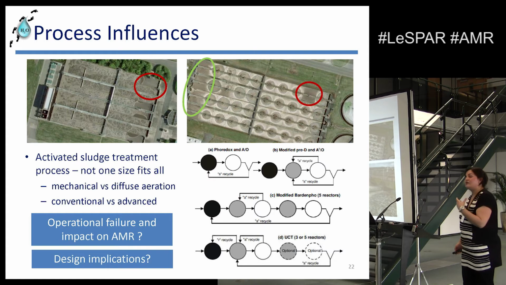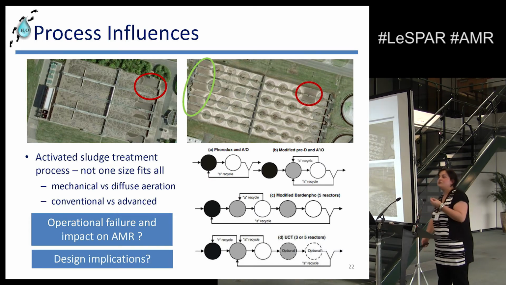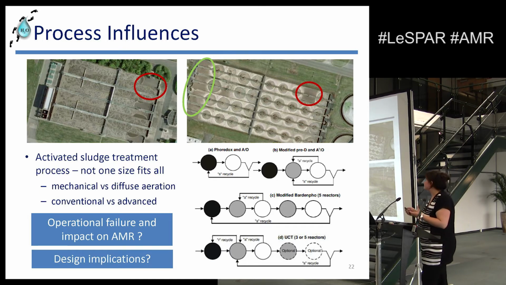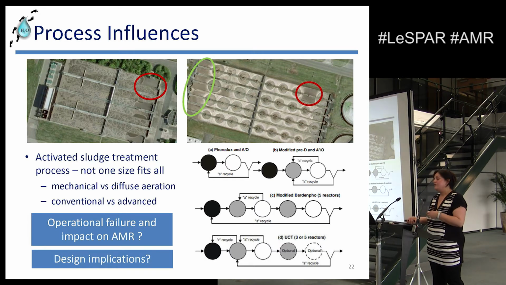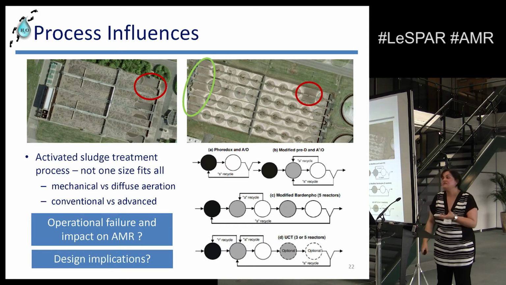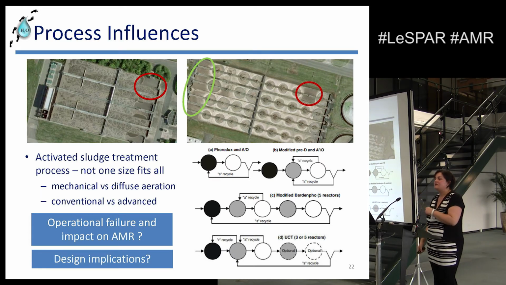We're now going into a lot more advanced treatment technologies for activated sludge. So if you talk about activated sludge, what are the different variations and how do they impact on selectivity? And if you have an operational failure, so you can see here the little blank spots is where you haven't got diffuse or you haven't got the mechanical stirring. Or if you have design, so these are just some advanced design, and over the other end there in the green is showing this is actually a poor design of that particular mechanical. How does this all impact?